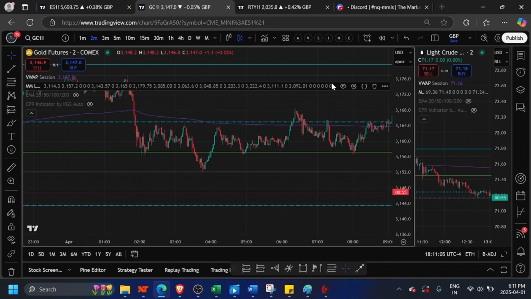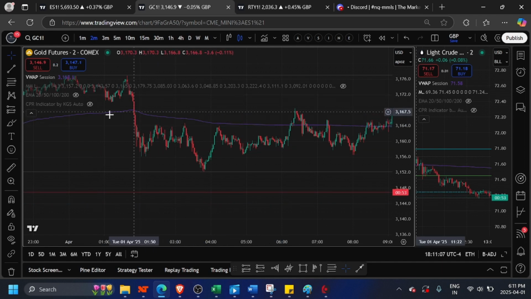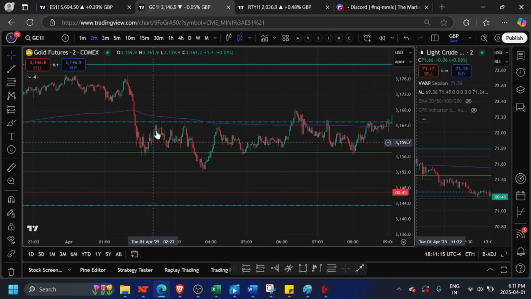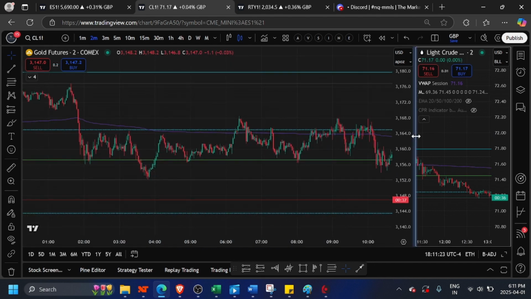So if you just remove these levels, you will see, why is the price bouncing like this? And when you turn this on, the picture becomes clear, right? Okay, here is a level, price bounces or reaches this level, goes back, something like that. Okay, same is the case with